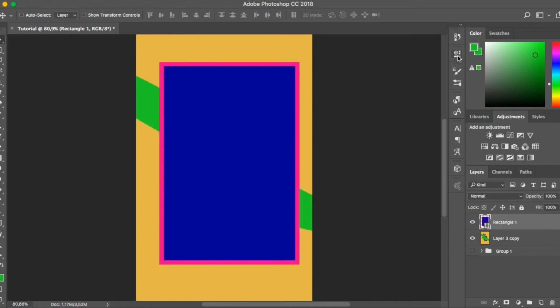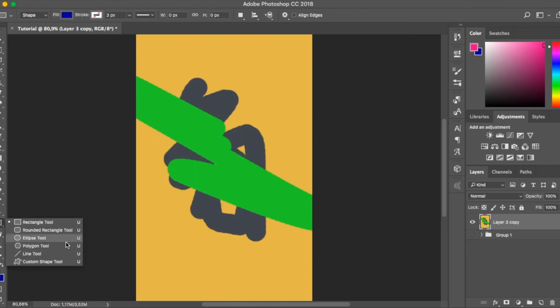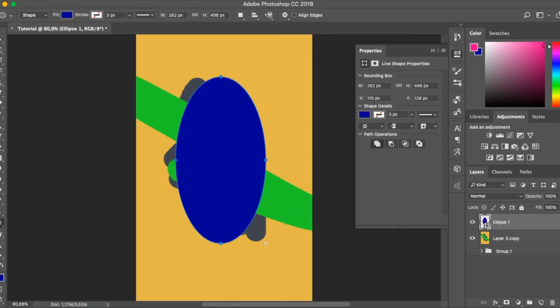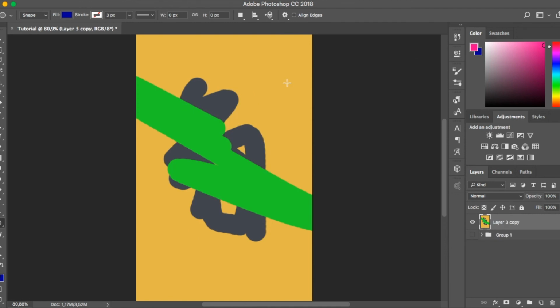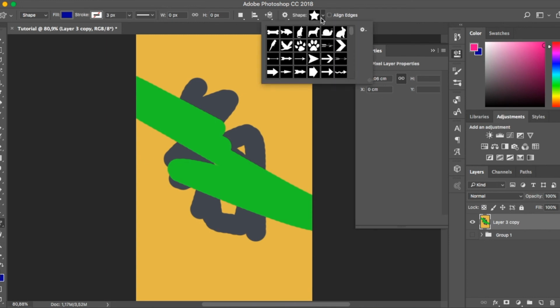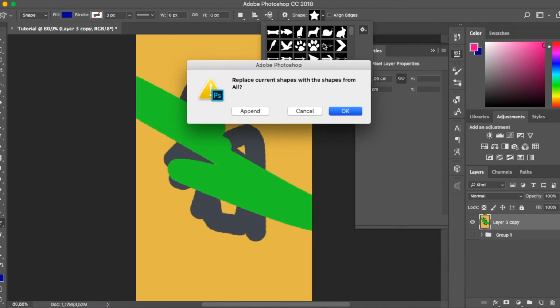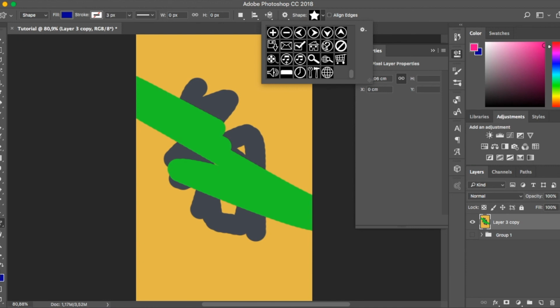And the other version is the ellipse tool, and yeah, same idea. If you press shift while you're dragging, it makes a perfect circle. Over here under the custom shape tool, you can choose from a variety of strange shapes, and you can see all of them right here. It doesn't look like all, but there are a bunch of